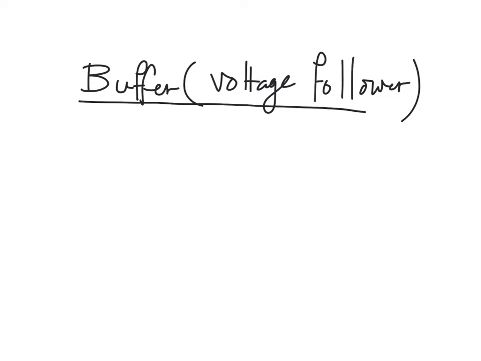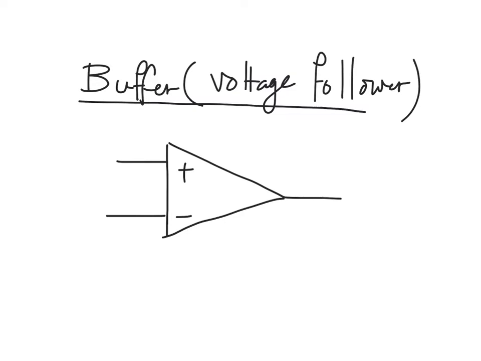The buffer or the voltage follower is a specific connection for the input and output terminals of this op-amp. You have the same three input and output terminals, connected in such a way that V output is connected to the negative input of the differential input of the operational amplifier. So this is VO, this is our V minus, and this is V plus. If we have input voltage here, Vn,